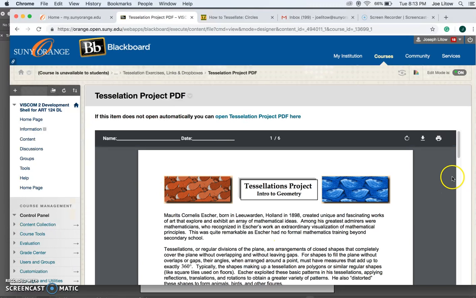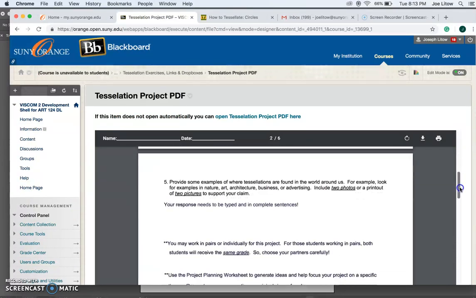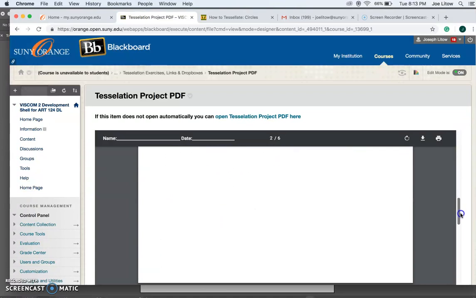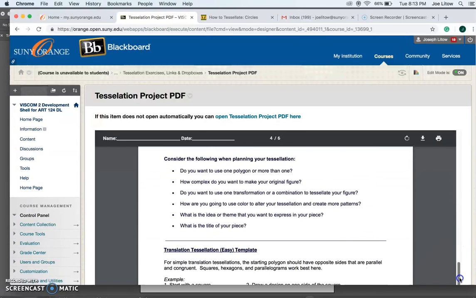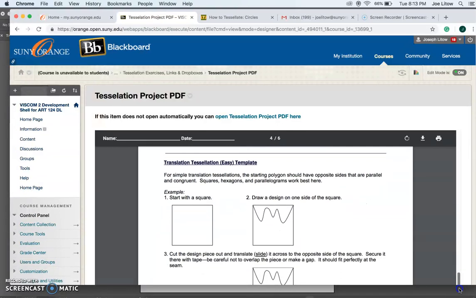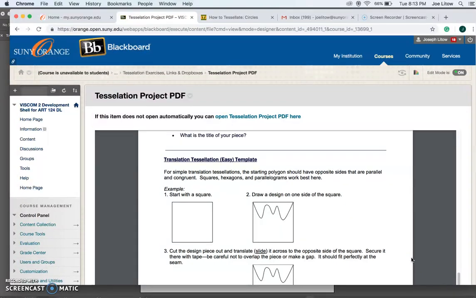Now the Tessellation Project PDF, I've shown you here. Disregard the first few pages, and we'll go down to the beginning right here. It says Tessellation on page 4. It tells you about Translation Tessellation Easy Template.